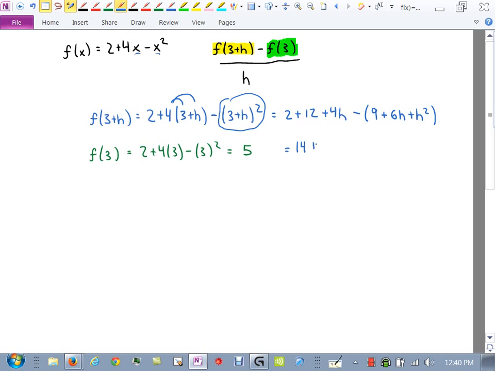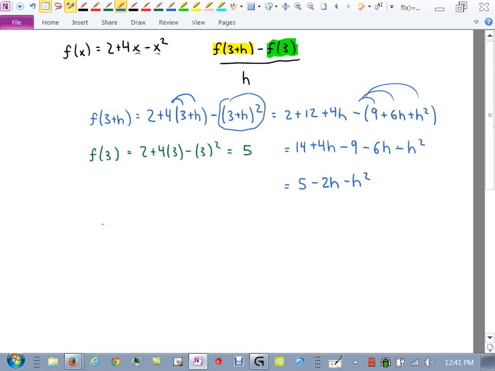Let's go 14 plus 4h minus 9 plus 6h, not plus, minus 6h, distribute the negative, minus h squared. Careful with that negative, needs to go through here. And let's see, 14 minus 9 is 5, and then we get, let's go minus 2h minus h squared. Okay, so that's the top left, and then we have the top right is 5,